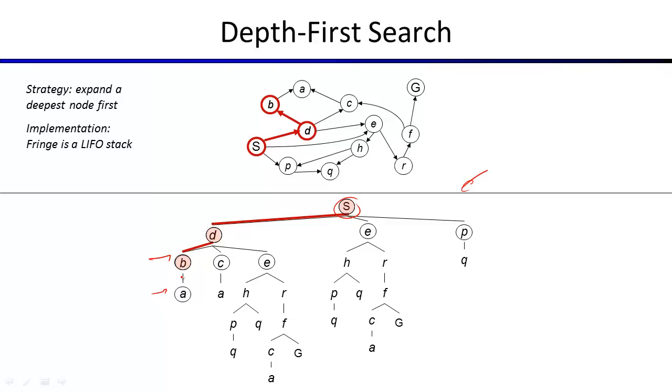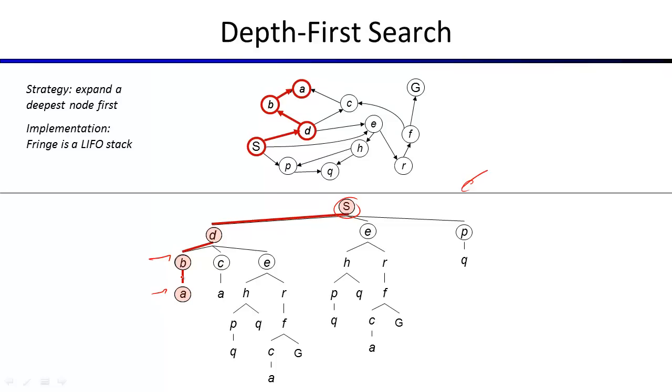Keep in mind, we haven't built that search tree ahead of time. So at this point, we don't know that this is a dead end. At this point, we actually go with the deepest one, which is A. We would call the successor function on A. The successor function would say, oh, no successors. At that point, we'd know that that's a dead end, and it would be out of our fringe,